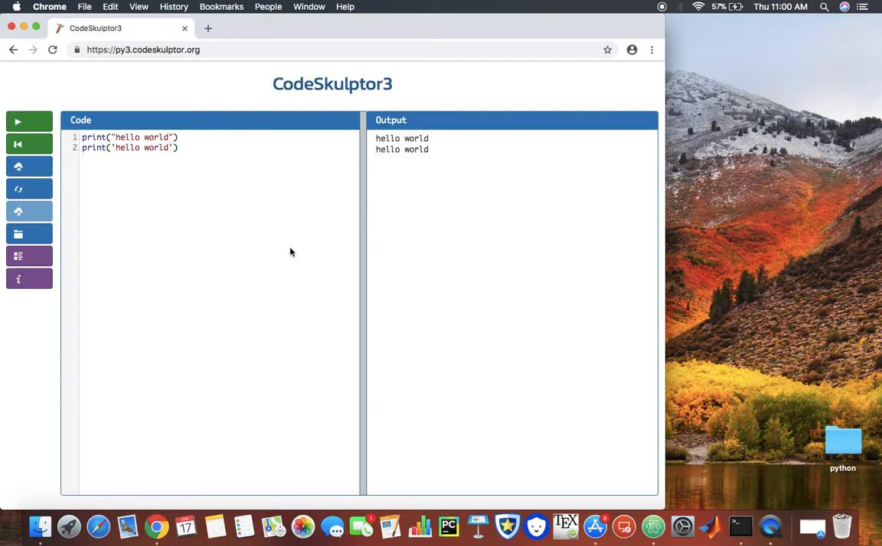And if you want to leave some space, you can do \n. So that's for the new line, right? So if you put it like this, it's going to skip and start a new line after the end of this hello world. So basically this is how we can print something on the screen, but you can also, of course,